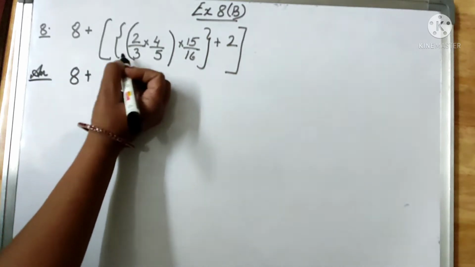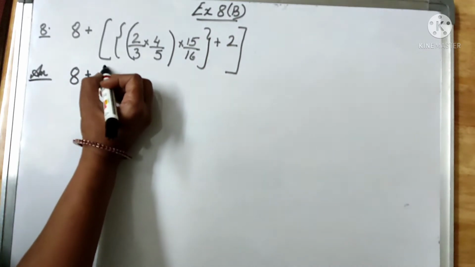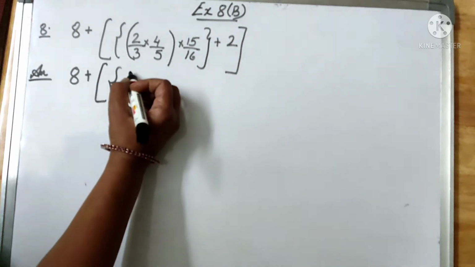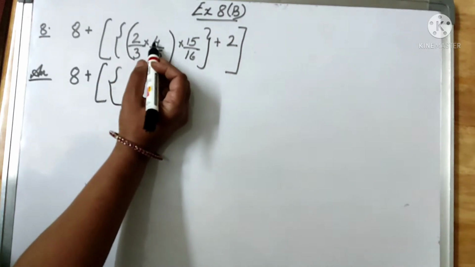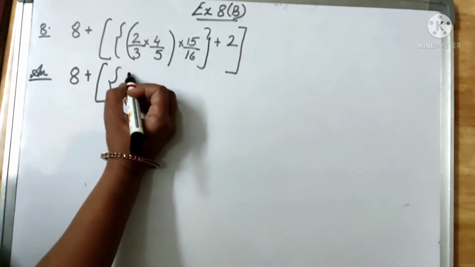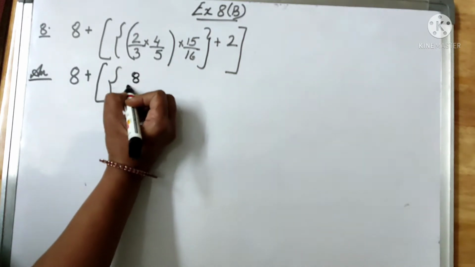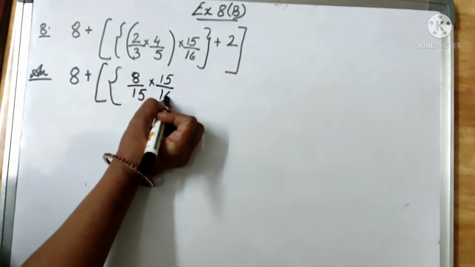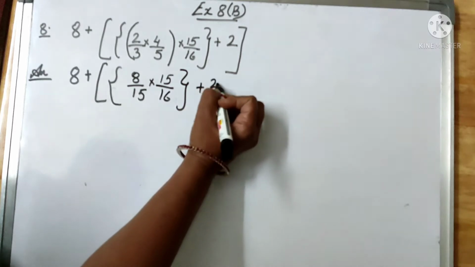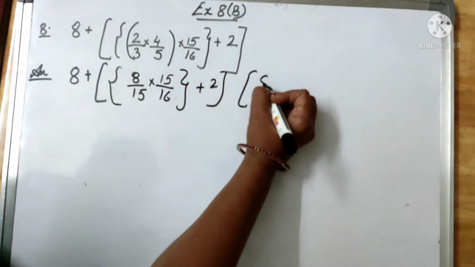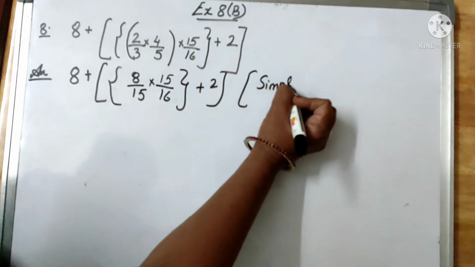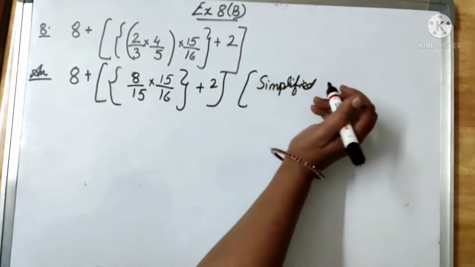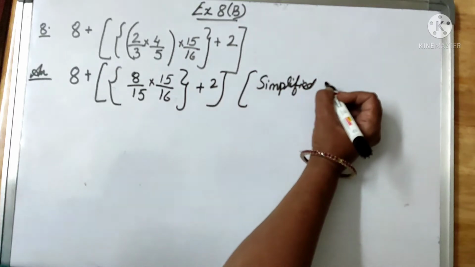first we evaluate the expression inside the round bracket. So, in the first one 8 plus, then the square bracket started, curly bracket started, 2 by 3 into 4 by 5. So, it comes out to be, if you multiply, 8 by 15 multiplied by 15 by 16, curly bracket closed, plus 2. So, here what we have done, we have simplified, no need to write, you can directly do it, but for your explanation I am writing, simplified round bracket,